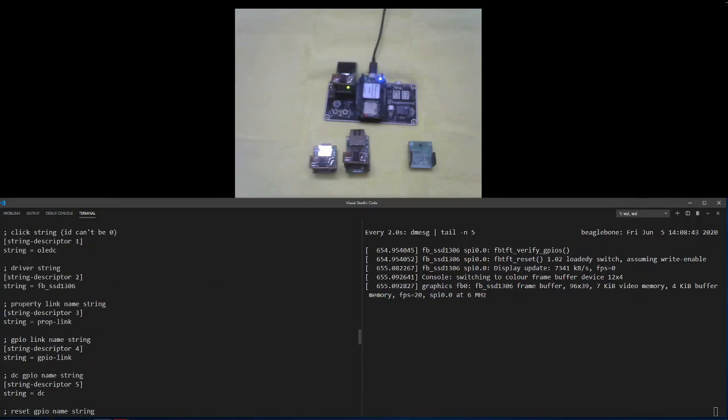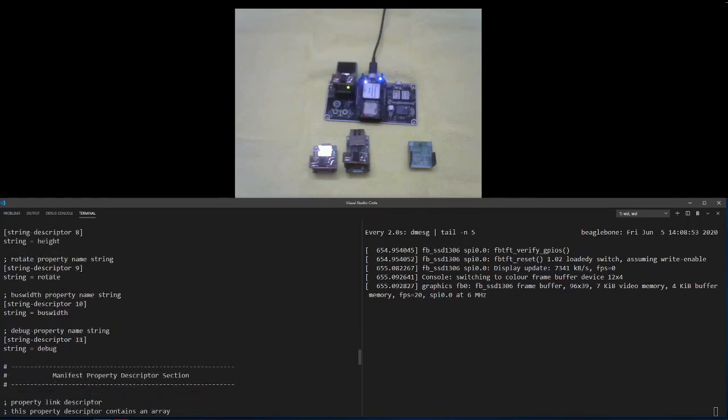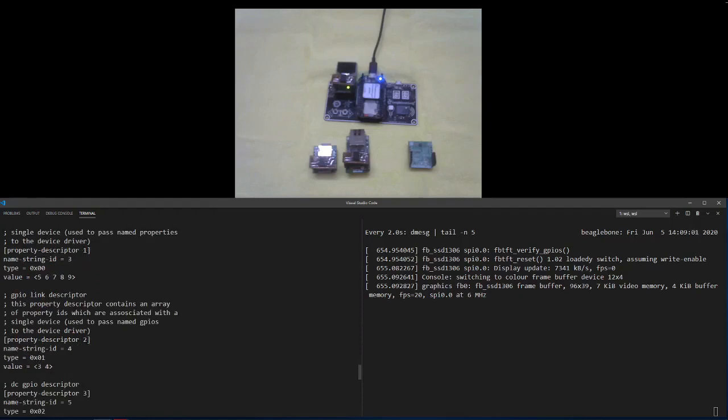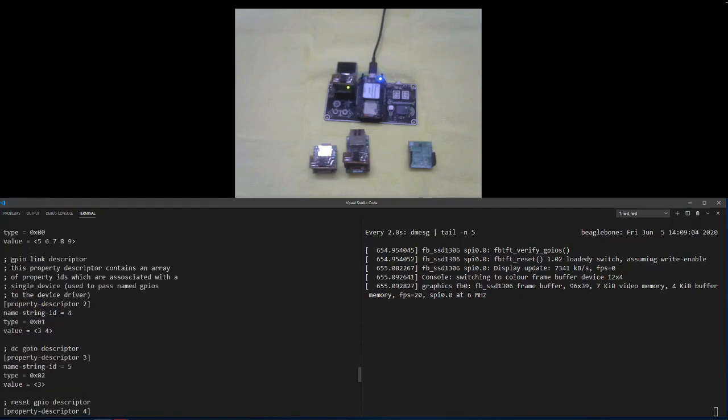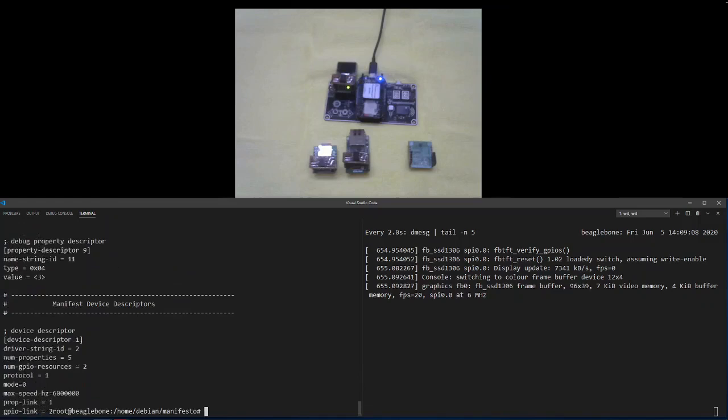And there are a few string descriptors for the property names and the GPIO names. And there are two descriptors, the property link descriptor and the GPIO link descriptor. These are used to attach the properties and the named GPIOs with the device. So as we can see here, we have the property link 1 and the GPIO link 2, and we have a few properties.